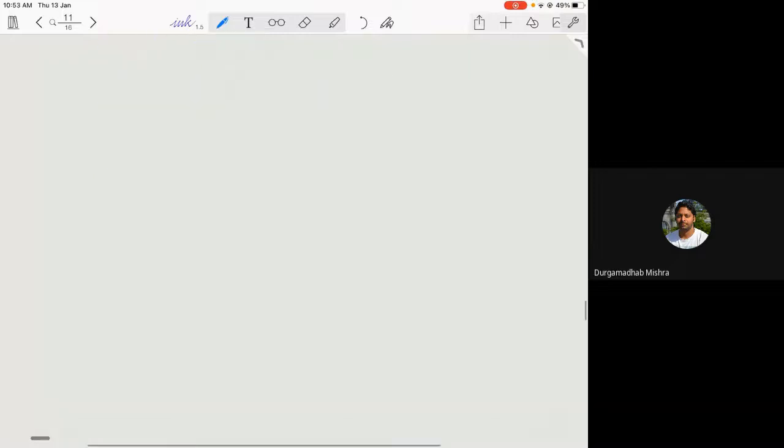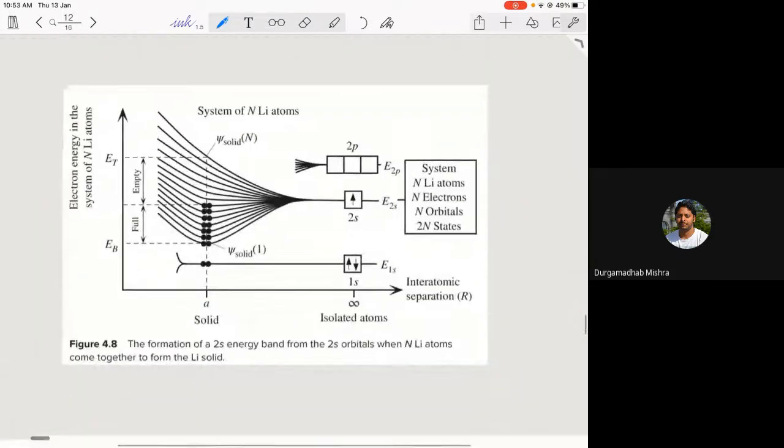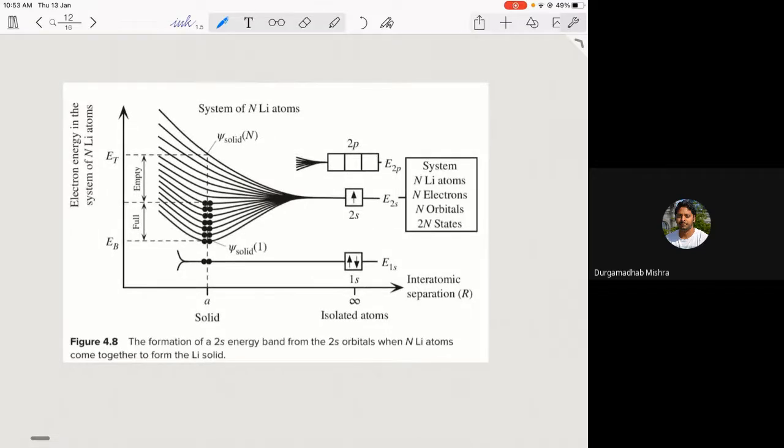So let's see if I have a picture here. Okay, so this is what will happen if you take n lithium atoms. You have the 1s level, which are not overlapping, and therefore we can say that